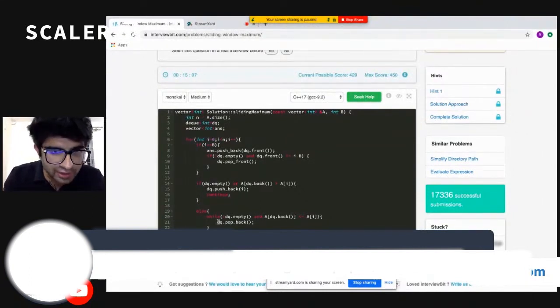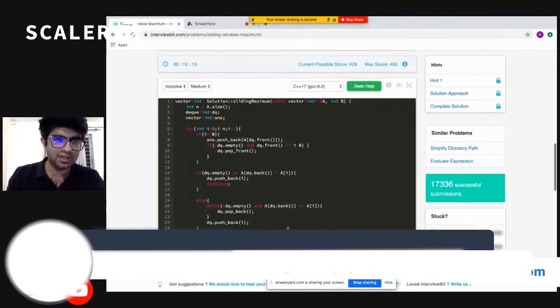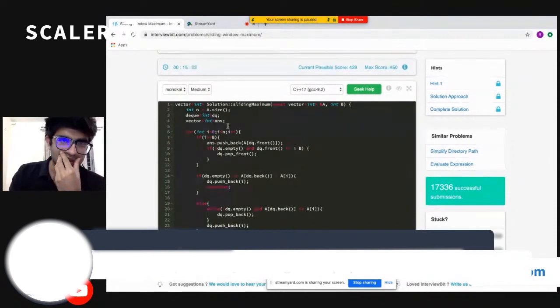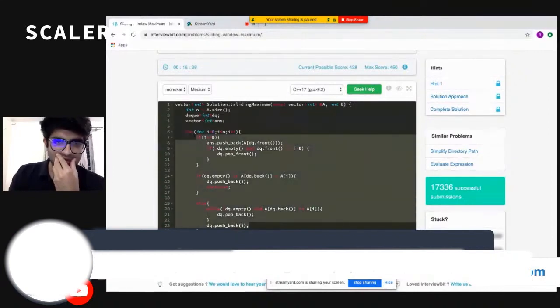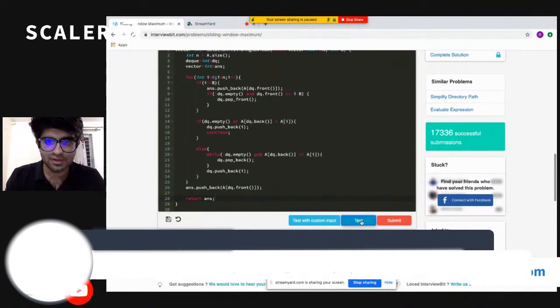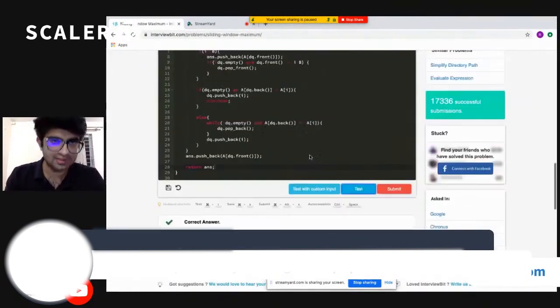I just don't need to add answer dot front; it will be the element for that, so I need A for that case as well. If I do it that way, I think this should work. I maintain a deque and a vector, and when I do it this way I'm pushing my answer and considering every case. Now let's test. Oh, I need to return the answer as well, for sure. In that way, okay, nice.